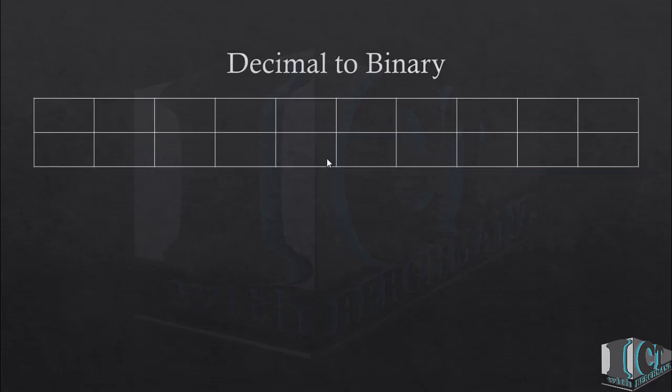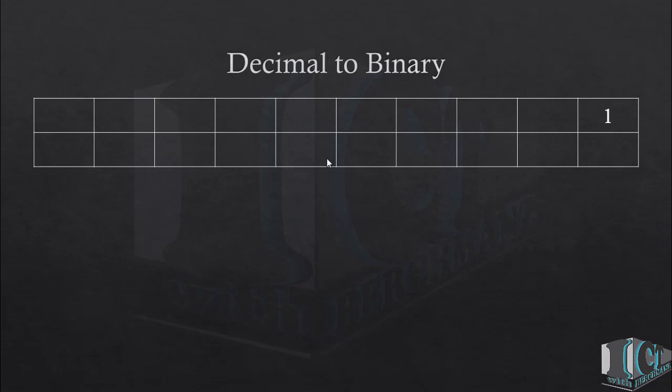For this, I'm going to use a table or a chart. In this chart, I'm going to have some headings. The first one would be starting with 1. We call this the number line. 1 is going to be multiplied by 2. So all the values are going to be consecutively multiplied by 2 and written down.